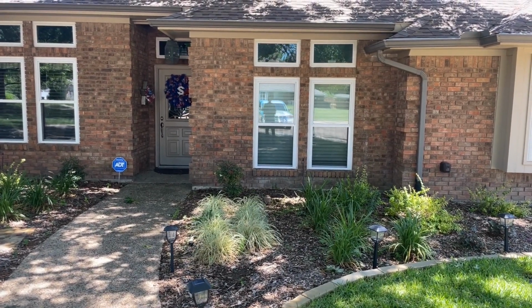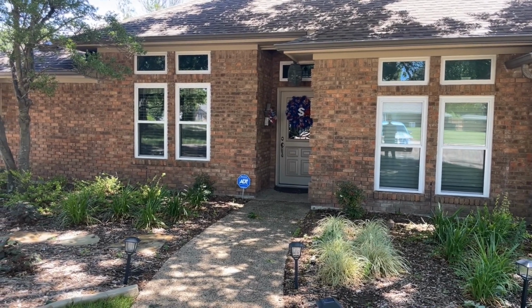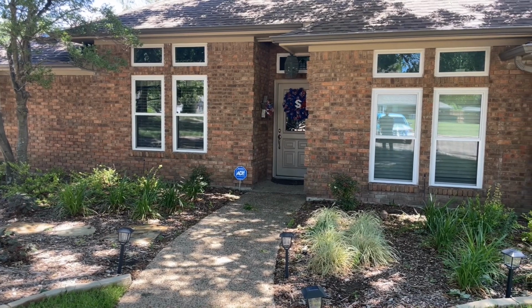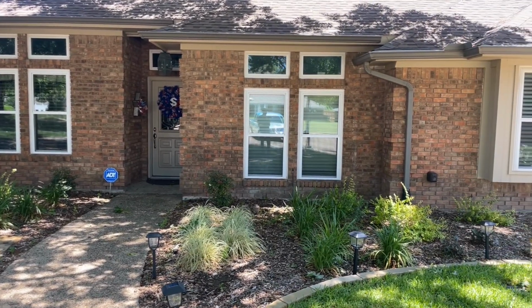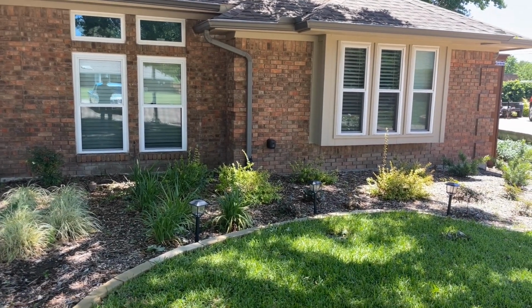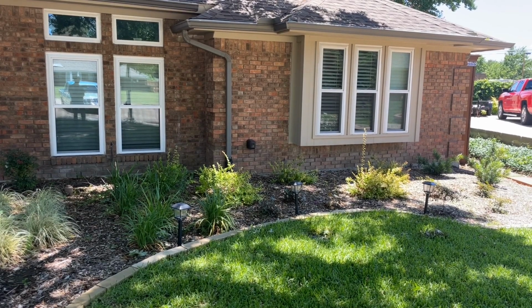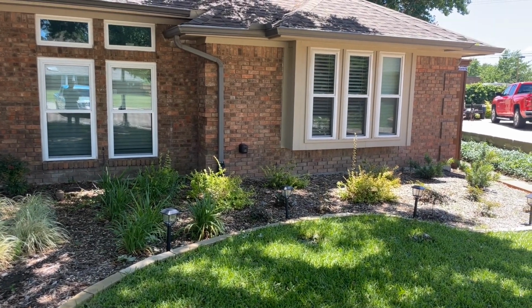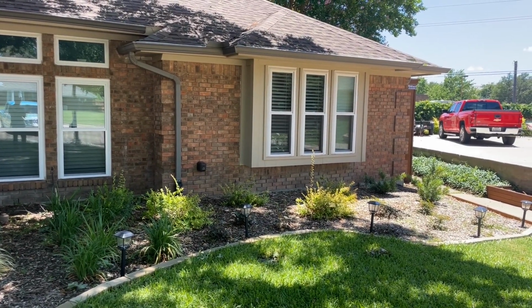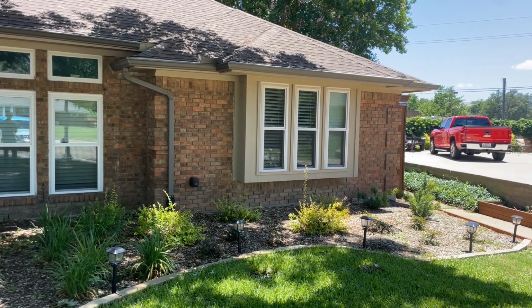And then framing the house, you can see those are obsession nandinas on either side of the entry. Those will turn a nice reddish color. And then you can see the yellowish plants that are in front of the windows. Those are kaleidoscope abelias. And you can see they're really starting to fill in. Those get about 3 feet tall. And then on the outside corner, those are called Pringle U. And those will get somewhere around 3, maybe 4 feet tall and kind of frame the house a little